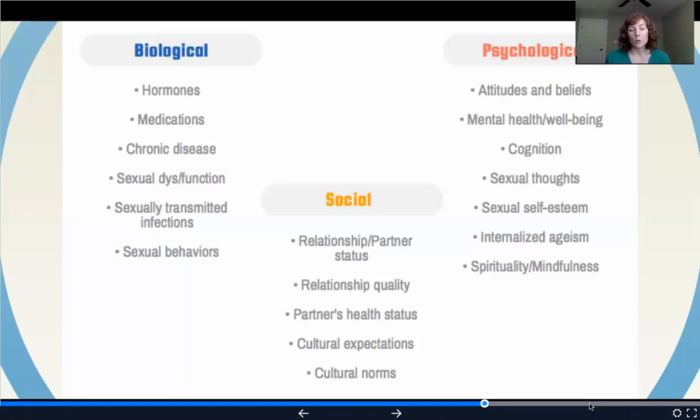And there's also cultural norms. So if you would have said the word hooking up about 15 or 20 years ago, most people wouldn't have known what you're talking about. The activities existed, but they weren't called hooking up. So that's just one minor example of how cultural norms change, right?